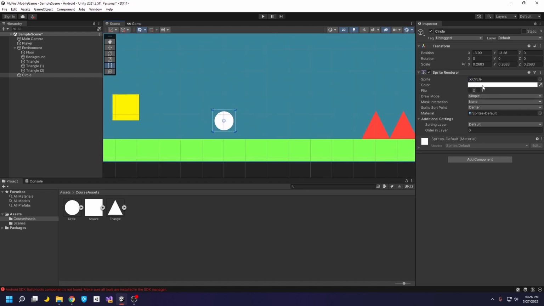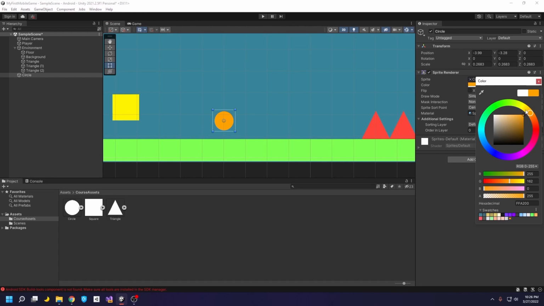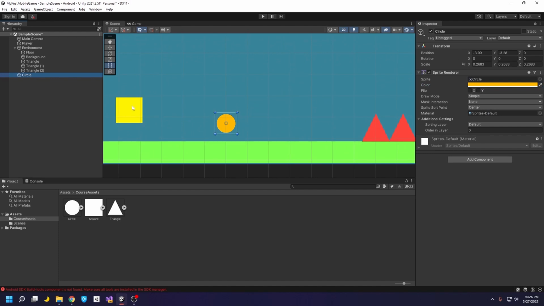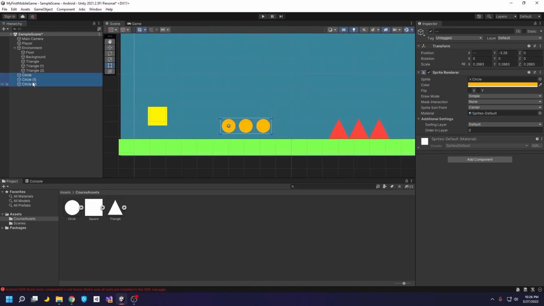Now I think my coin color should be gold. That's orange. No, it'll work. Weird gold orange is going to be my color. I'm going to do the exact same thing I did with the triangles and just copy it across and make 3 coins. Then I'm going to select all 3 of these circles by holding down Shift and putting them inside